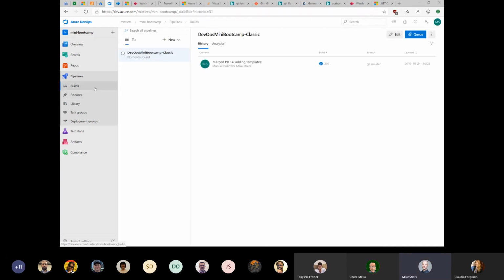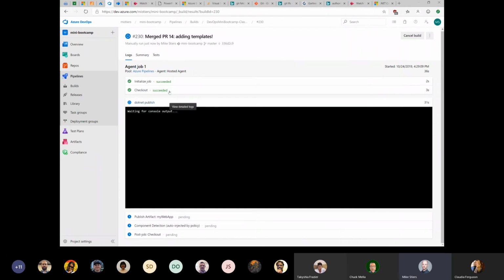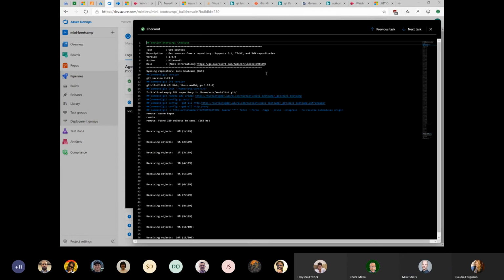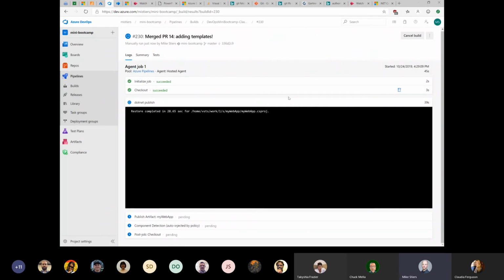Cool. So now let's go back to our builds. There's our build pipeline that we created. There's my last commit, and we have a little process animation here saying that it's running. And here are the steps being executed from our build process. Checkout. It's connecting to the repository. It's downloading all the code to the build agent VM. This only takes a few seconds. And then it's executing the .NET publish command,